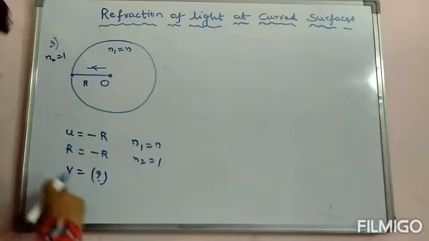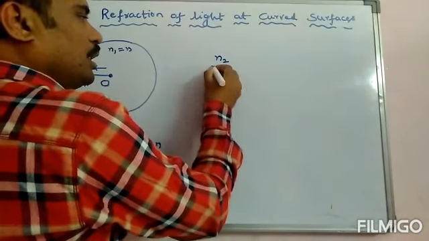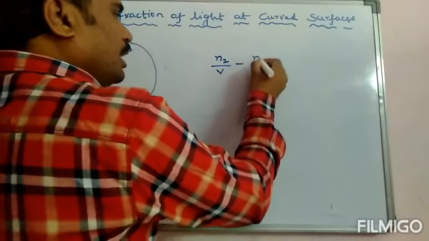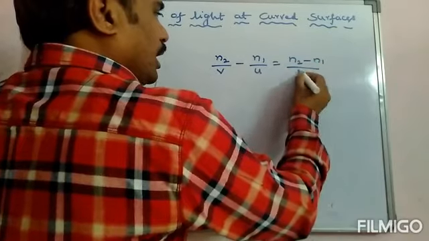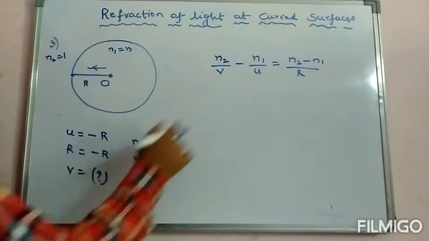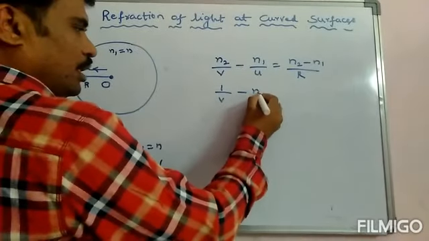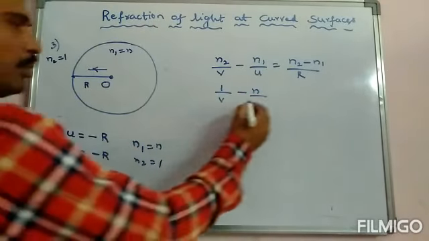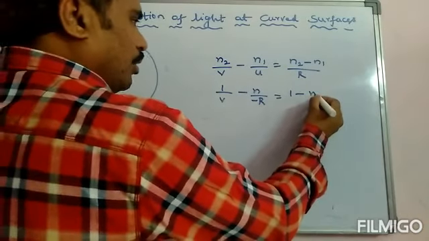Now let us substitute all these values in the curved surface formula. What is the curved surface formula? n2 by v minus n1 by u equals n2 minus n1 by R. So n2 value is 1, so 1 by v minus n1 is n, by u value is minus R, equals n2 is 1, n1 is n,